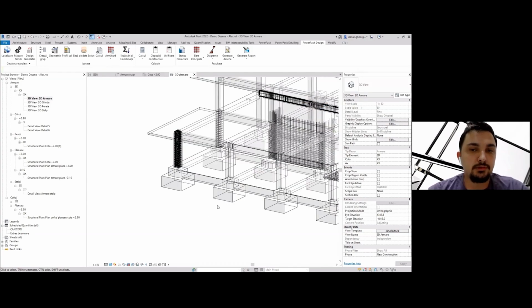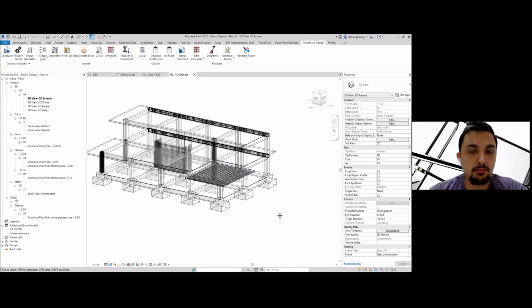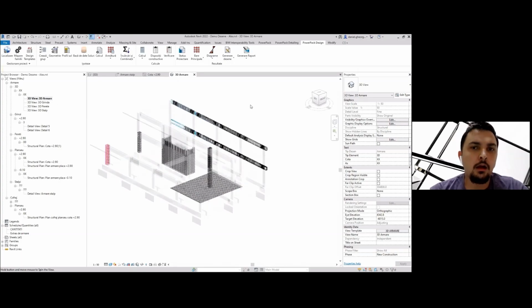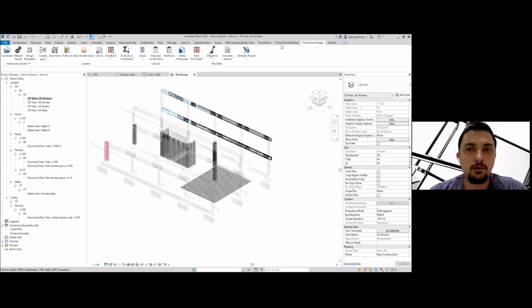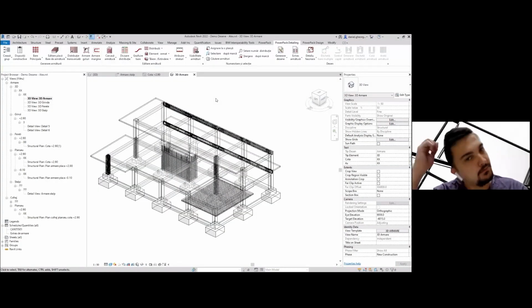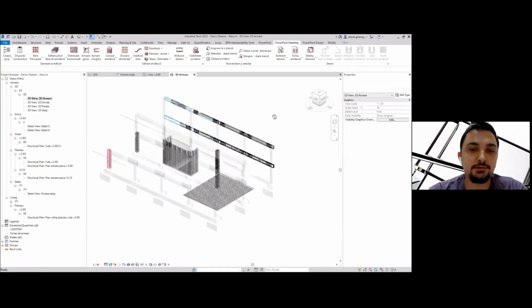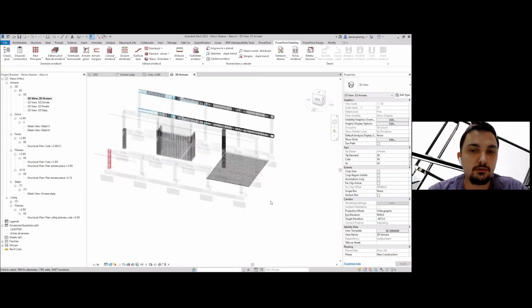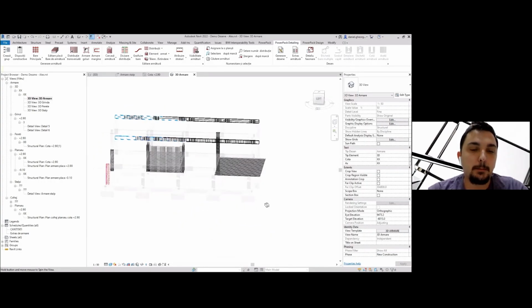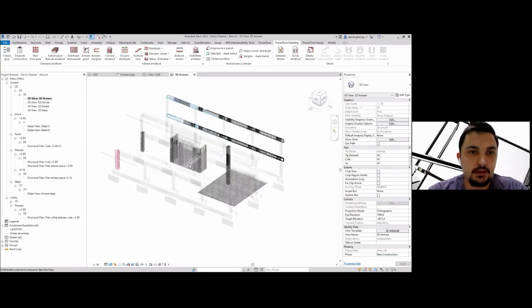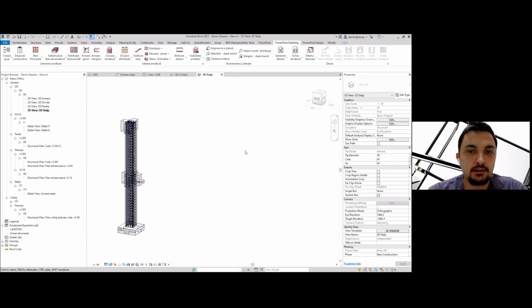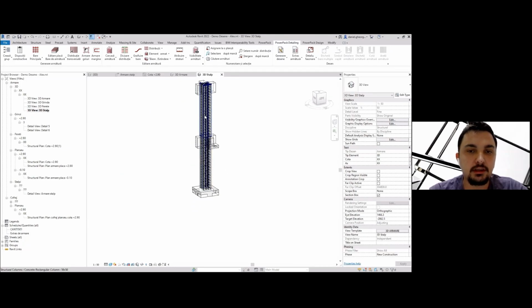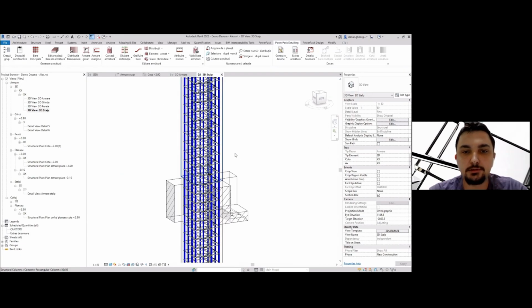So we are able to generate rebar cages, and we have an entire Revit tab dedicated to this. But also we have an entire Revit tab dedicated to managing and also detailing rebars in Revit. So let me show you just a little example, a typical case where you have 2 columns,